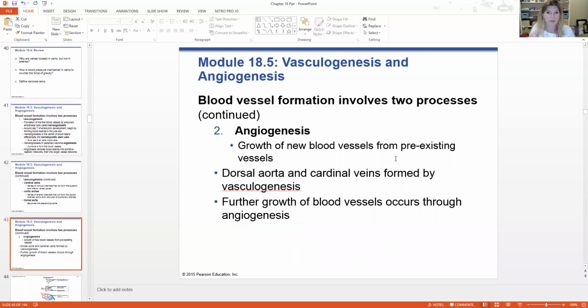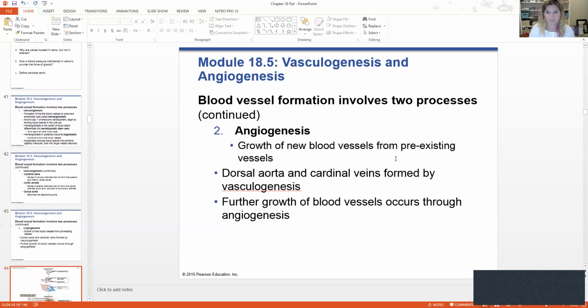So it all forms separately. And then there's the process of angiogenesis. Vasculogenesis forms the first vessels, and angiogenesis is the growth of new blood vessels from pre-existing blood vessels. Now that we have this basic framework, the dorsal aorta and the cardinal veins that were formed through vasculogenesis are going to further branch and create more blood vessels through angiogenesis. Vasculogenesis happens first and lays the groundwork for all the large vessels, and then angiogenesis continues, perforating blood vessels